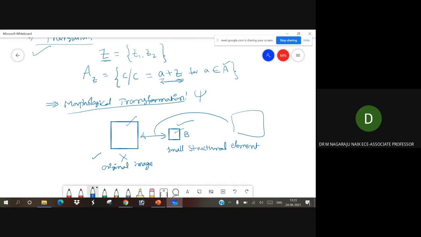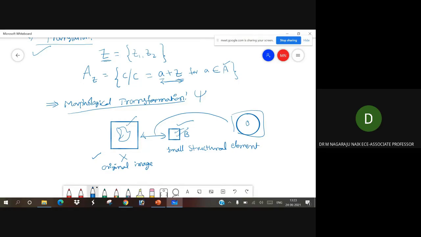So this is an input image convolving with another small image, so that we can either expand the image or compress the image. It has an objective: either enhancing or compressing. Based on the selection of the structural element, we can transform from one point to another point.